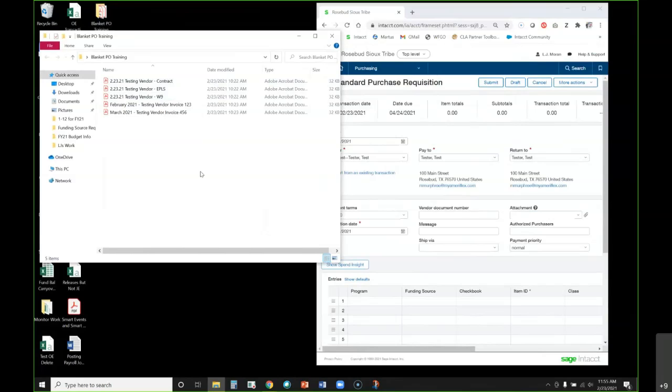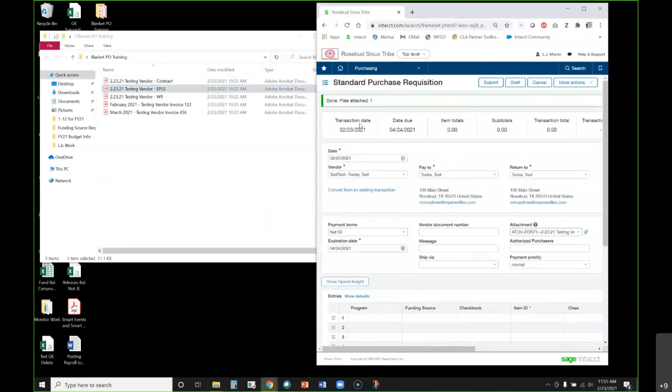Ready to attach those, we can attach those in one of two ways. I find the easiest is to grab the document on your desktop, hold it above the attachment field, and let it go. One file I've attached is now done, and now the attachment folder has been numbered, and the document I've dropped there is sitting there. I know it's attached. If we have multiple documents we want to attach, I can just drag another one. And so those are the easiest ways to attach the